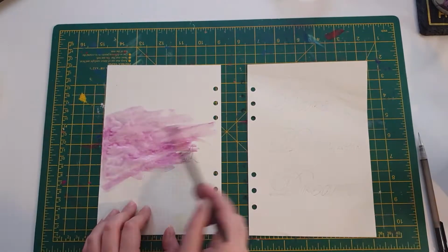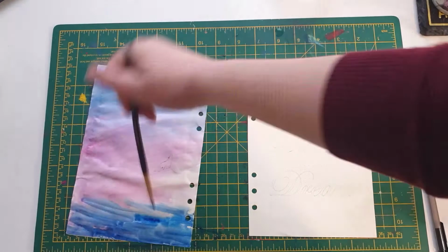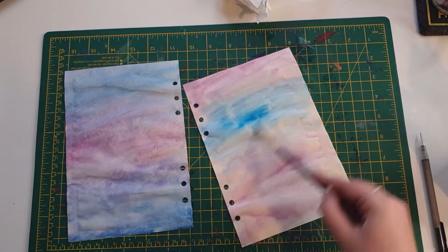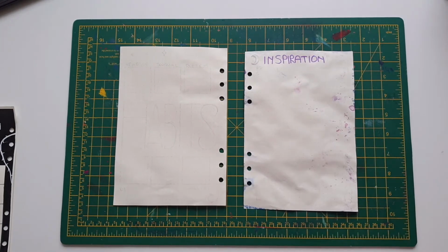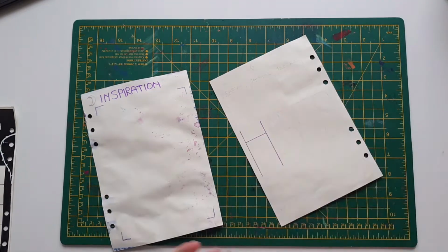So here I'm back in with my watercolours to do a very quick colourful background, keeping it the same colours that I used on the main painting that I did on the front. And I find that this is a very quick and easy way to add a lot of colour to particular pieces. So once those dried, I actually went on to some different pages, and I did my habit tracker and